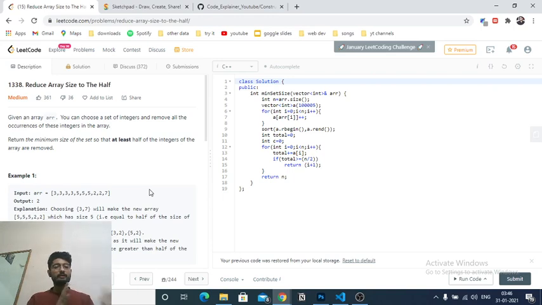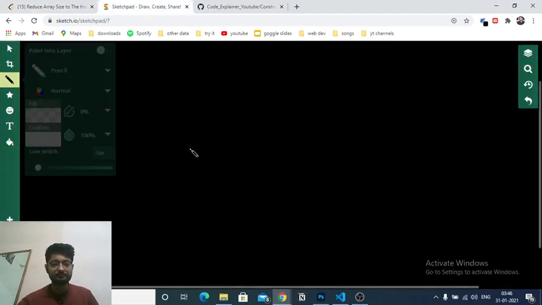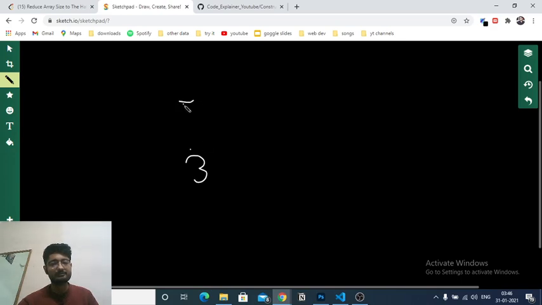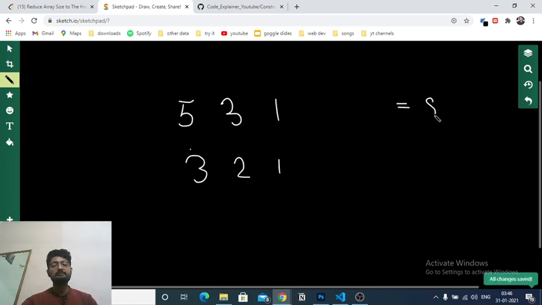then what you can do is move from left to right and keep adding the numbers you have deleted, which actually means that maybe 3 has occurred 5 times. So I can draw it also. Maybe 3 has occurred 5 times, and after sorting, 2 has occurred maybe 3 times, and maybe 1 has occurred 1 time. Now the total length is equal to 9 in this case, but actually you want the total length to be even, so let's assume it is 2. So now it is equal to 10.